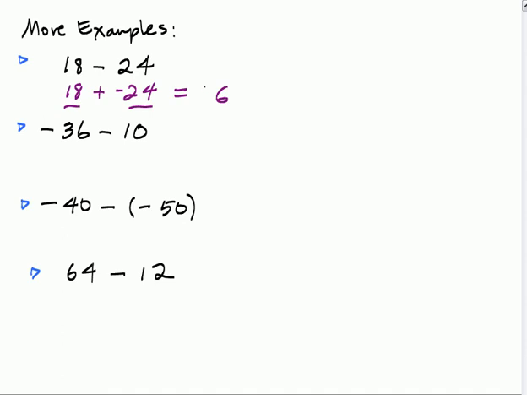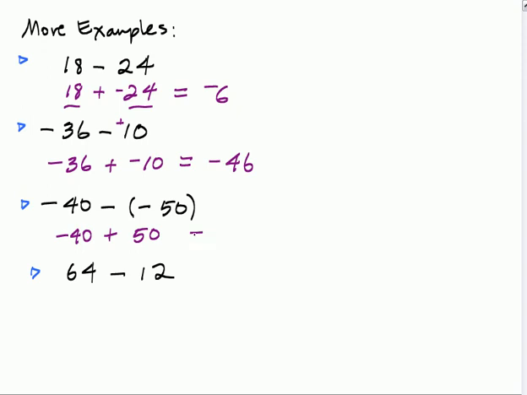The next one, what would you say? Yeah, negative 36 plus, and if you want to, put that little plus there to remind you that in the original problem, 10 is positive, but when we change subtraction to addition, we change the sign, and we would get, woohoo, we're adding numbers that have the same sign, 46. Next one, stays the same, changes to addition, changes sign, get positive 10,